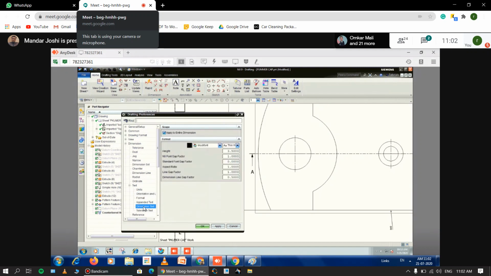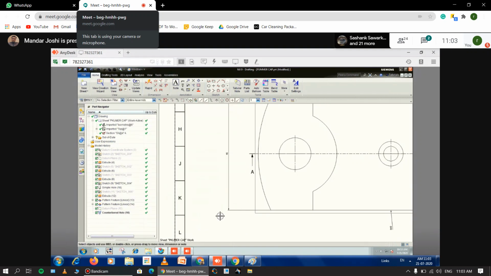For the dimension text, the height I'm taking here, let's say it is 8. It is 8 and say apply. Click OK and then try to place the dimensions.